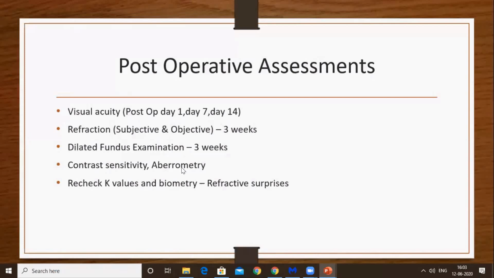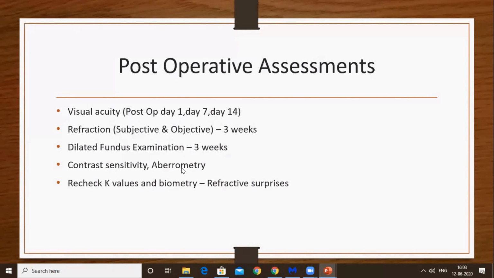So I will say that the optometrist's part in selecting a patient and giving proper guidance on the IOL is very, very important. Even though the surgeons will select the IOLs depending on the patient's needs, history taking is a major part where the optometrist plays a major role, and also the biometry readings.